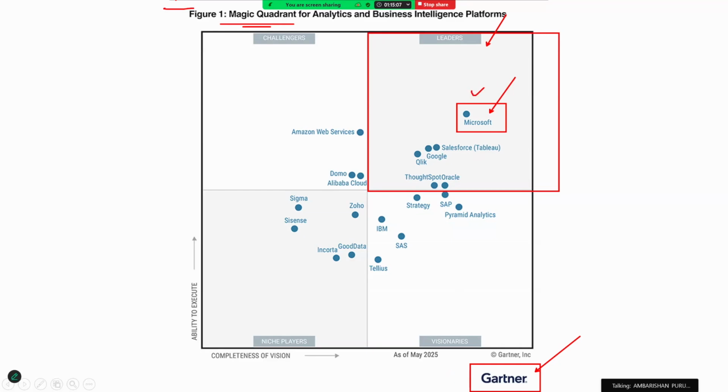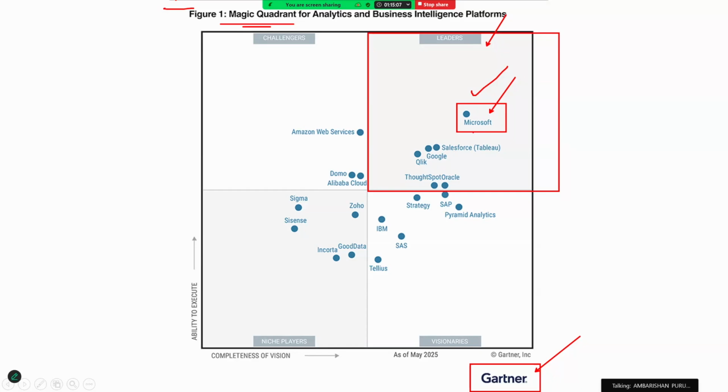So that's the topmost tool right now in the market. That's the in-demand tool right now in the market. And it has not just achieved this name just because it's Microsoft. No, it has actually earned it. All right. And I'm not trying to sell anything here, but what I'm saying is